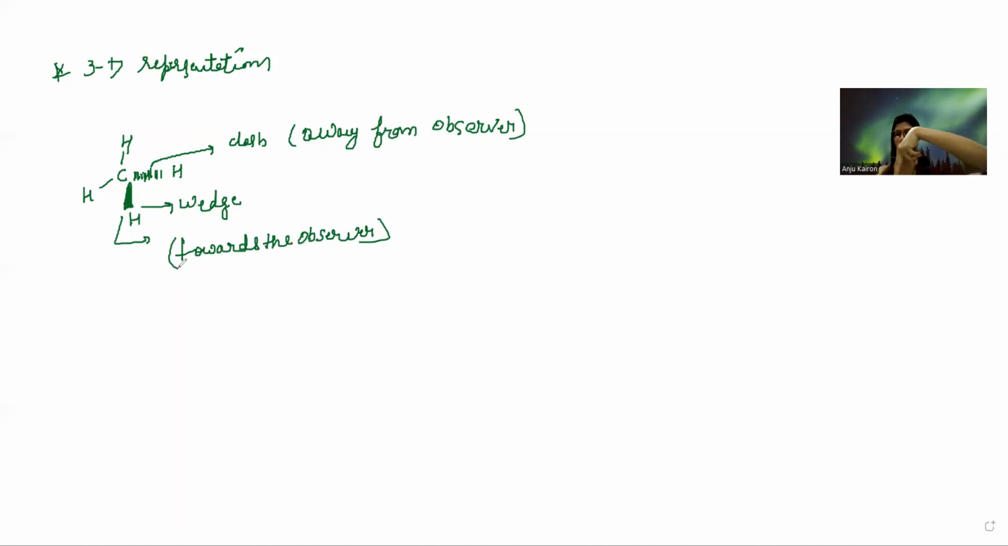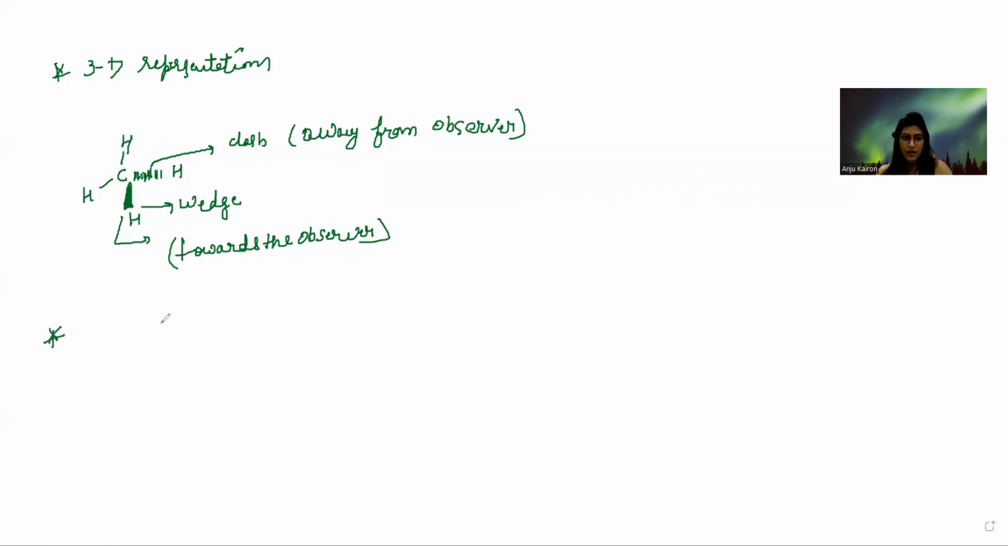Two hydrogens are in plane. Let's suppose these are 2 hydrogens that are in plane, and of these 2 hydrogens, the first is towards the observer, that is the wedge line, and this is away from the observer, this is the dash line. For me, this is away from the observer, so for me this is my dash line and this is my dark line. All right, now